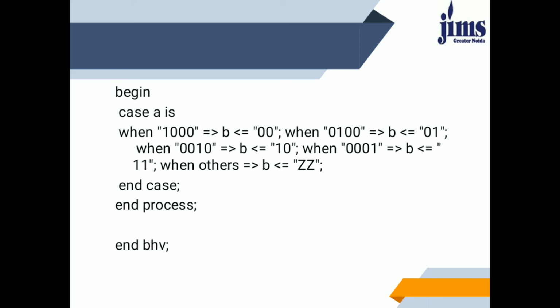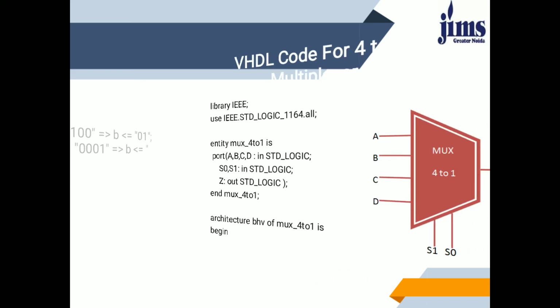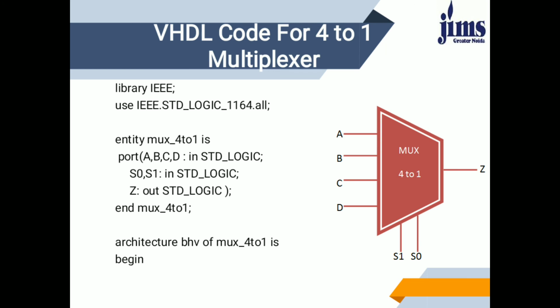In the last condition we were not defining the else if statement. So there we can write else if A equals 1000, then B will be assigned a value of 11, else B will be assigned a value of ZZ. Then that will show that we can assign high impedance state if the other conditions don't come. For the remaining conditions it will go into the high impedance state. So this is the way we can define any kind of encoder or priority encoder.